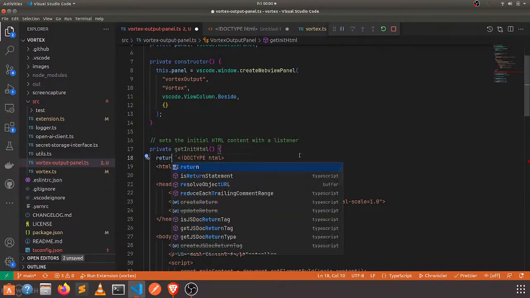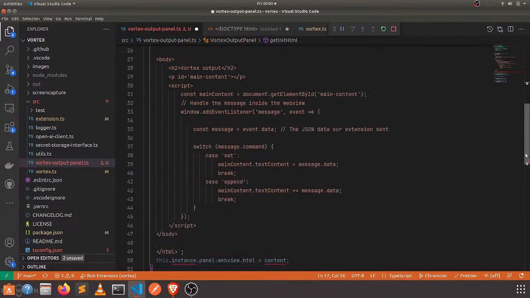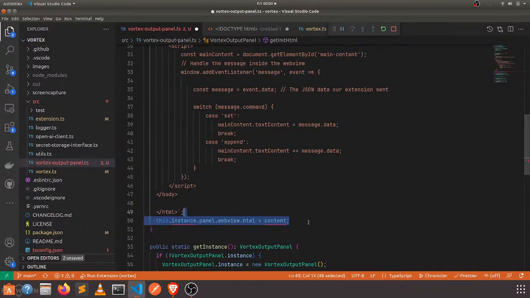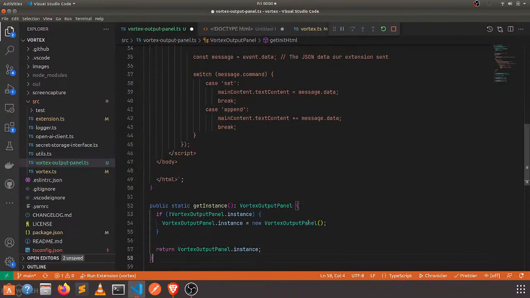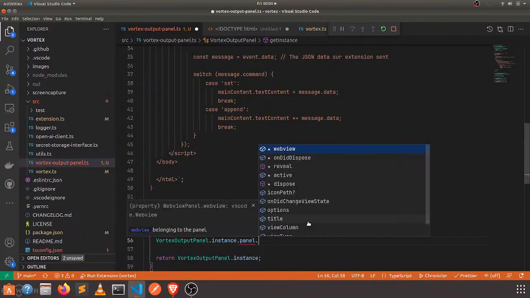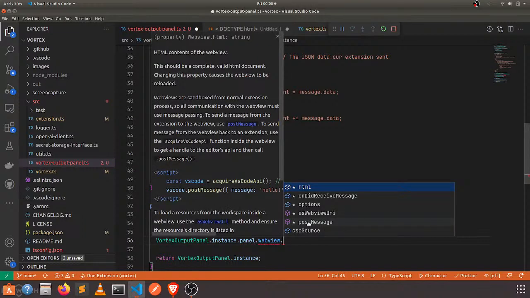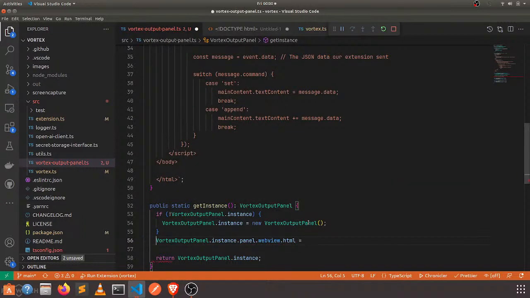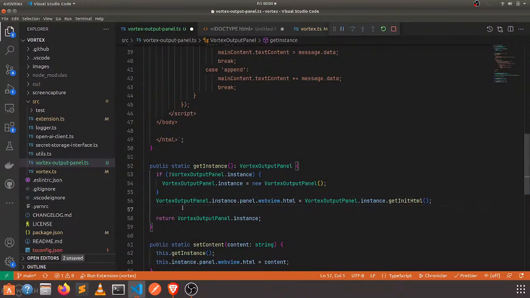Actually return this. Equals this.getInitHTML, and this should be